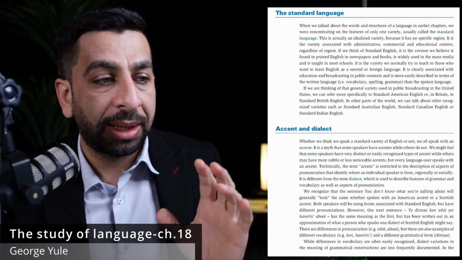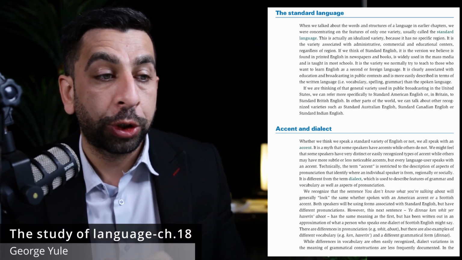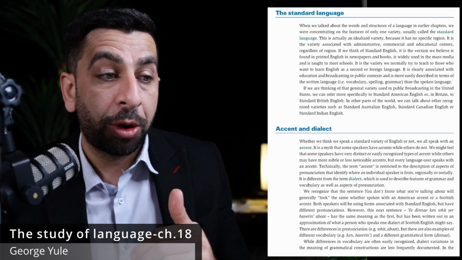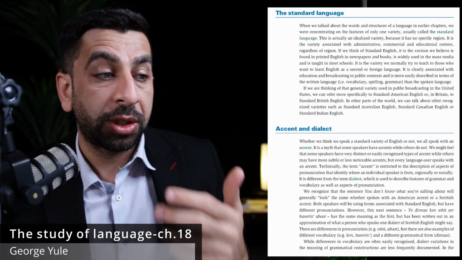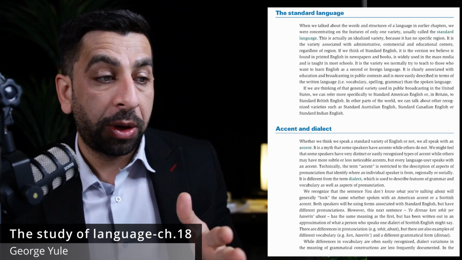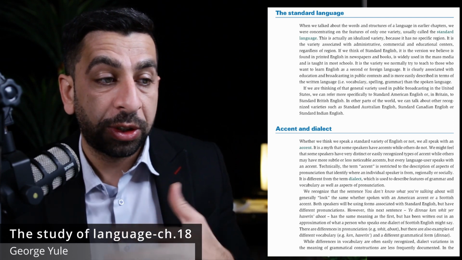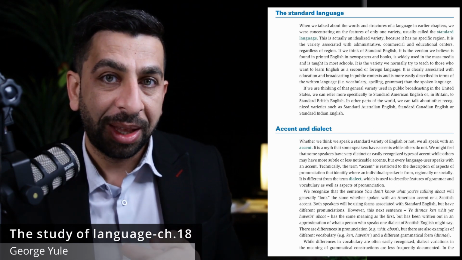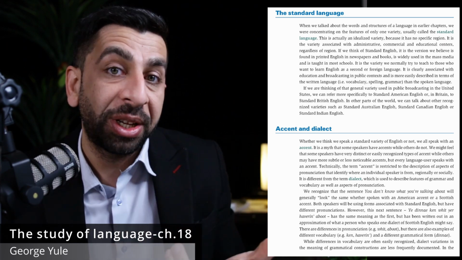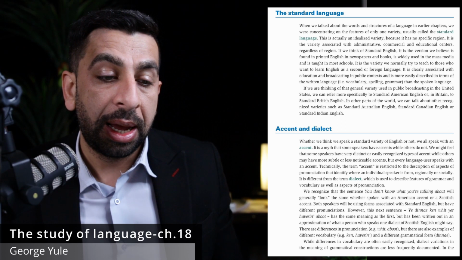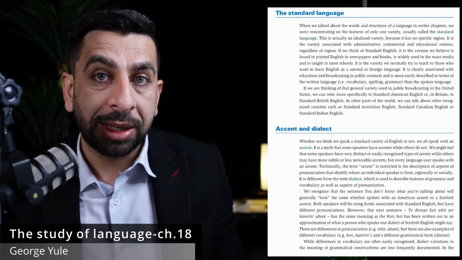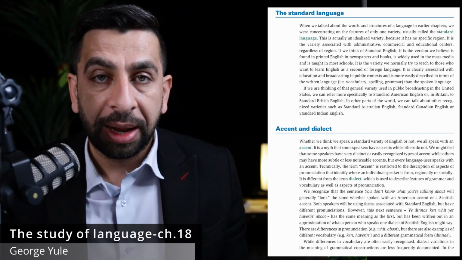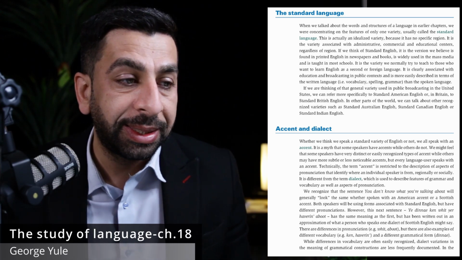We recognize that a sentence will generally look the same whether spoken with an American accent or Scottish accent. Both speakers will be using forms associated with standard English, but have different pronunciation. So the different accentuated pronunciation is going to let us see who is coming from where and from what regional area in some cases. However, this next sentence,